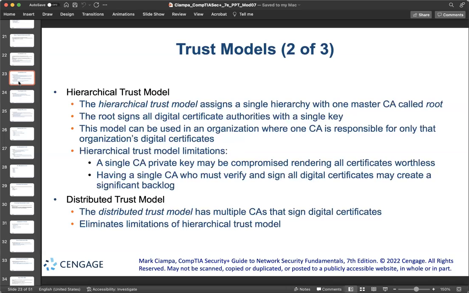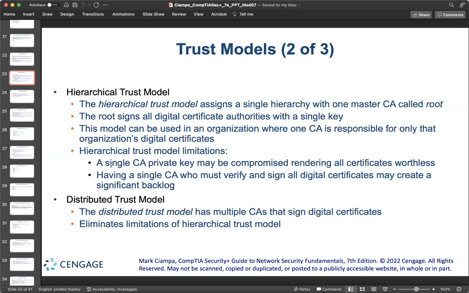And the bottleneck is not going to happen because you have multiple signing authorities. So you can do load balancing between these multiple signing authorities,